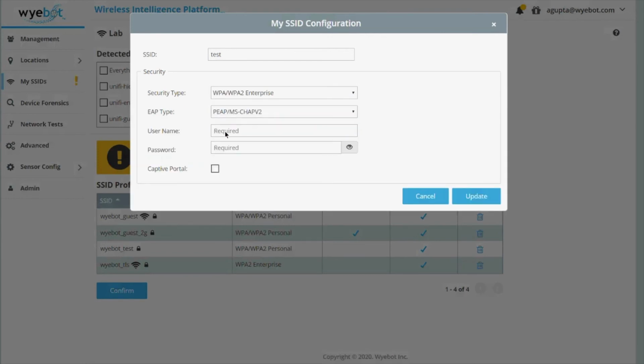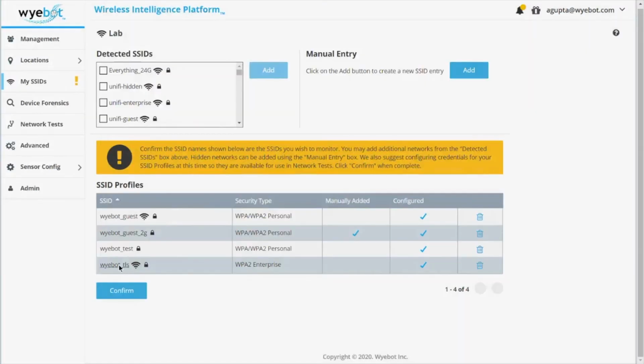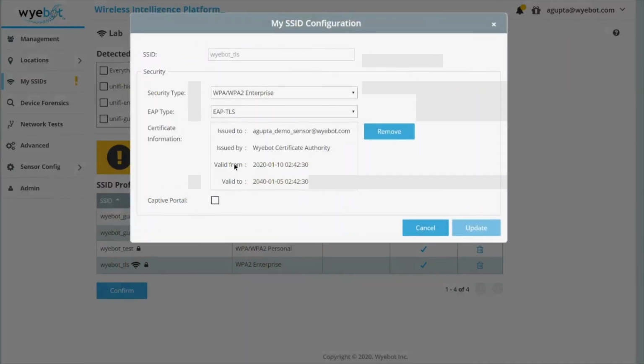If you're using the standard username and password, most common in schools and enterprises, then you can certainly do that. But if you are using EAP-TLS, you select that, and then you can upload your certificate. If it has a password, you put it in over there, and once it has been validated by the system, you will notice that it looks more like this. It'll say who it was issued by, when it is valid from and to, and now you can certainly do that test